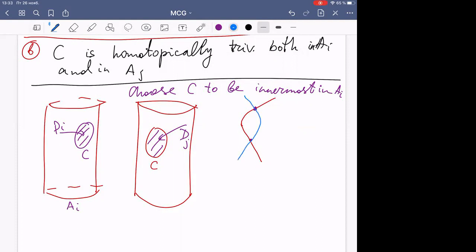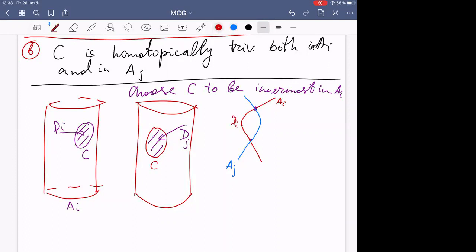I'm sorry, this is just for simplicity. So this red one is AI, this blue one is AJ. In this situation, Harrer suggests now we cannot interchange above portions of AI and AJ since they lead to different circles. But what we can